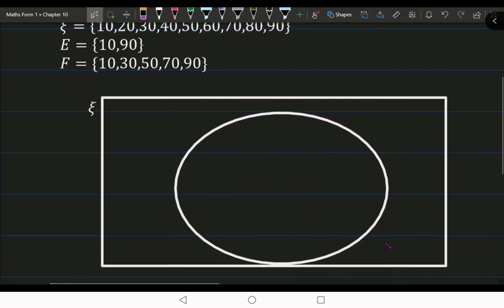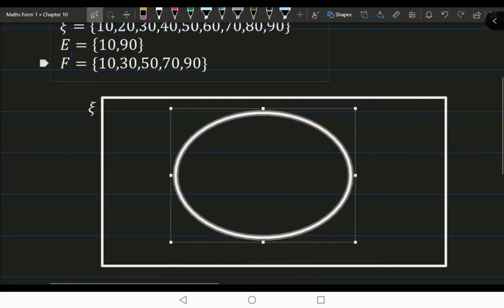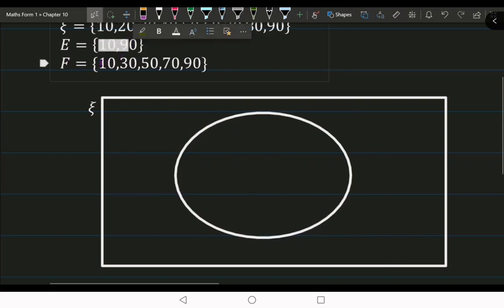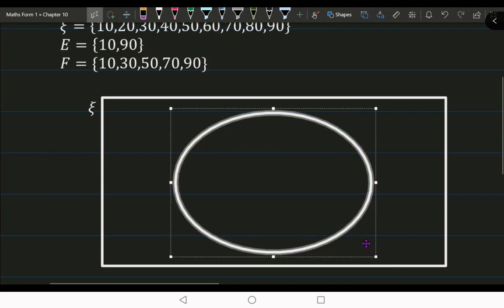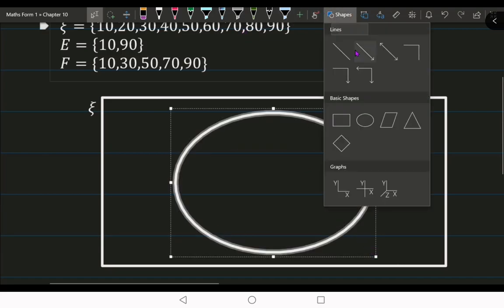I think E, 10 and 19, is a subset. E is a subset of F because 10 and 19 are all in F also. So you can see 10 and 19 also exist in set F. OK, 这个10跟90这个两个元素都有在 F 的里面的元素里面哈，所以说是它 subset。OK， 我今天有学过 subset。